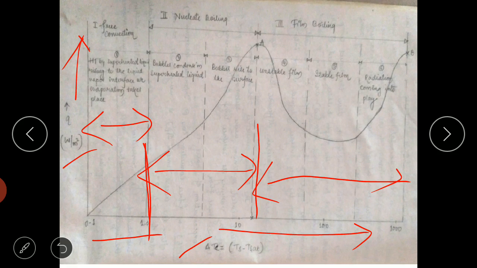Okay, as the bubbles start forming and collapsing, they will release more and more heat. So we can see the curve is continuously increasing till this point. The bubbles are forming and in between they are breaking, so as the temperature increases there is a continuous rise in heat flux. Further, as these bubbles are forming and collapsing, they are forming a layer.